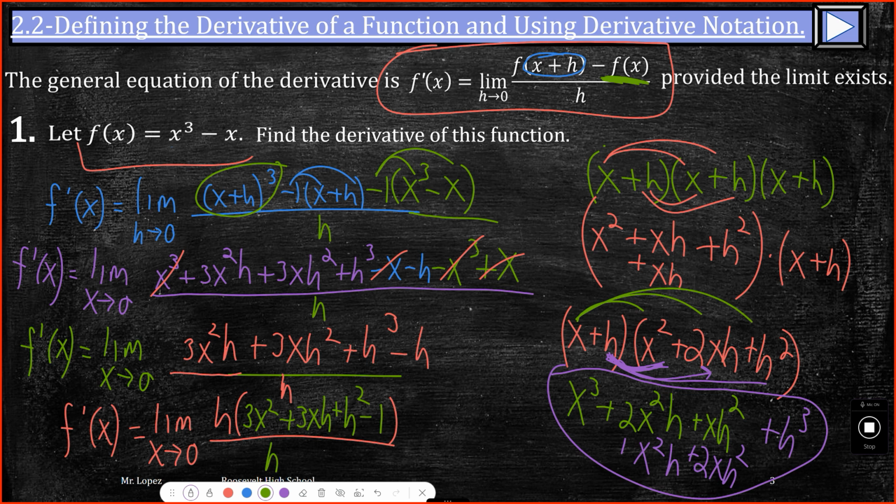All right. What can we do now? Cancel the h, no? And can I now plug in 0? Let's plug in 0. So if I plug in 0,